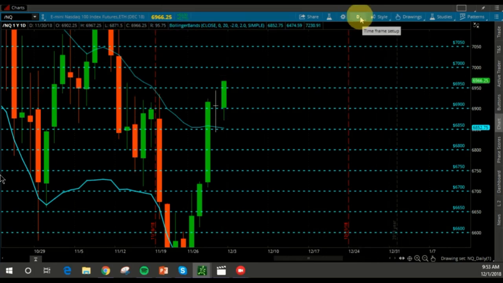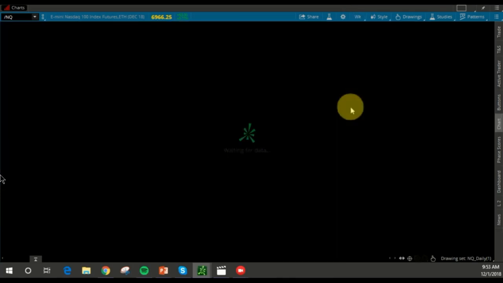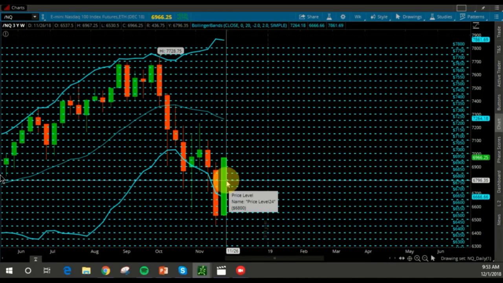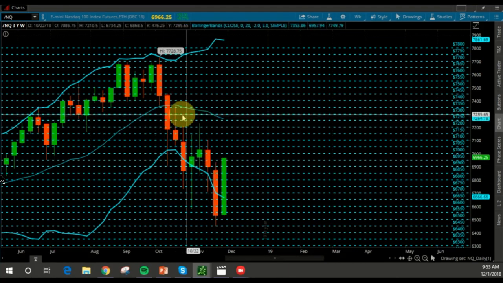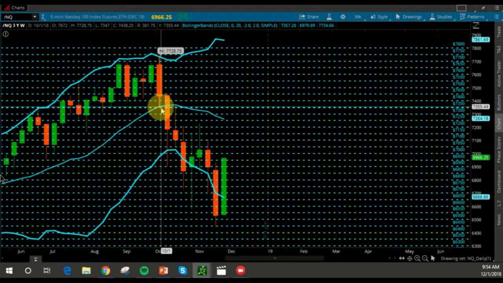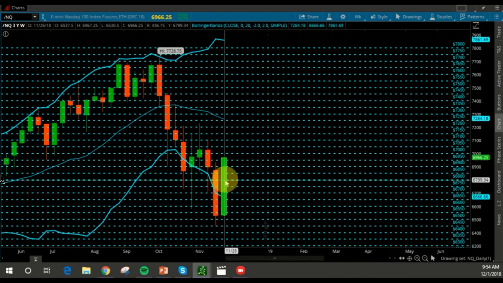But let's go ahead and do this. Go to our weekly chart. This is this week's bar right here. Look at the weekly. Talk about stark contrast. That mid band is way up there on the weekly. And this still does not look that bullish. This is potentially trying to save it. But